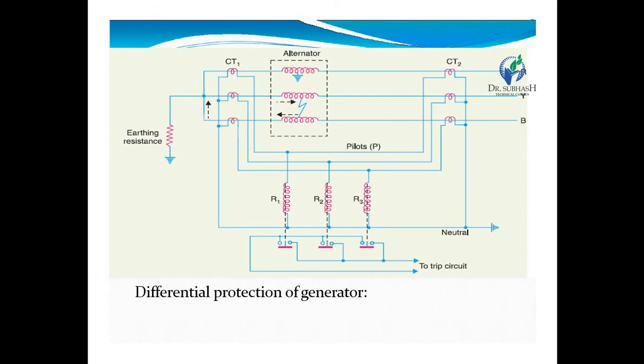Now this is the figure we have talked about, where CT1 and CT2 are applied at the ends of the alternator winding. There is a line to ground fault, so it is an internal fault. CT1 and CT2 have some difference of currents, and I1 minus I2, that is the spill current or differential current, if it is above the predefined level of fault current, the operating coil will operate, otherwise it will be restrained. So this is a simple differential protection scheme.